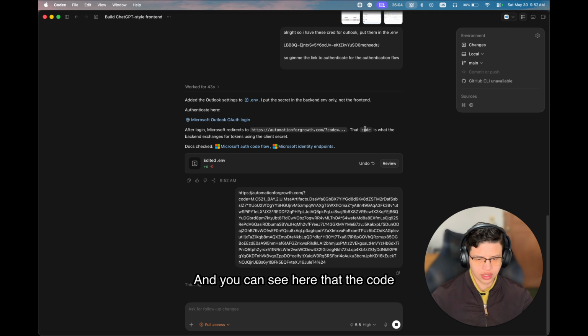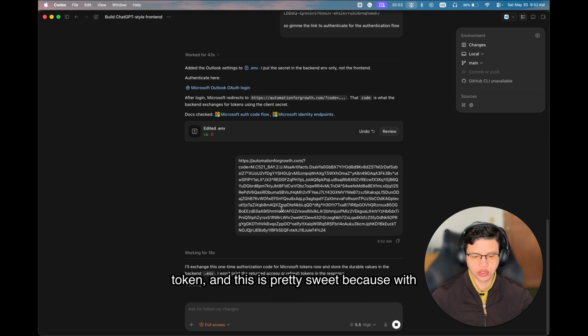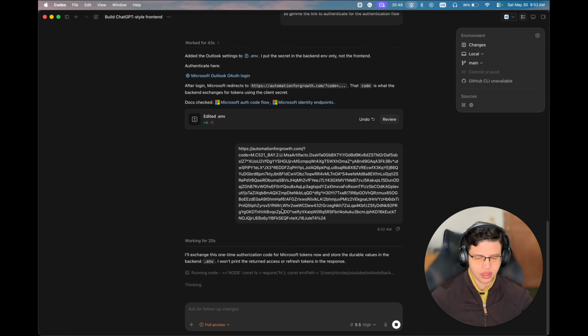And you can see here that the code is the part, like for example, this is the part here. This is the code. And after this, he will get a refresh token. And this is pretty sweet because with the refresh token, we can get